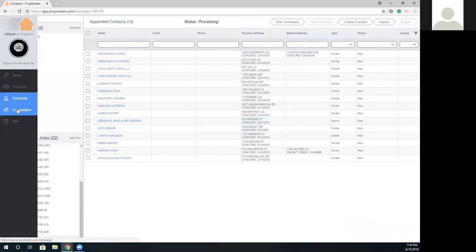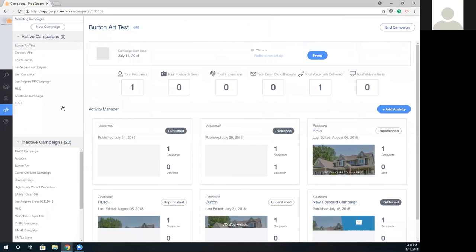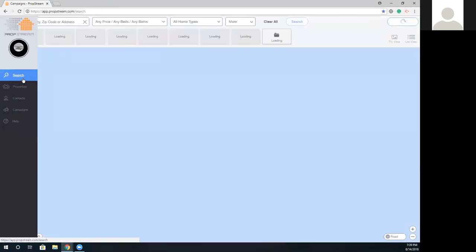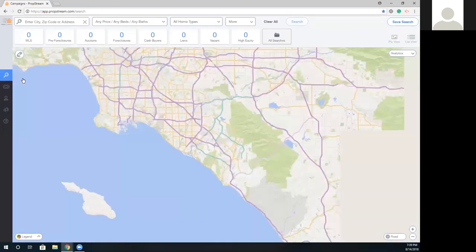And then the last section is our campaign section. So this is where you take your results and the contact information you've collected from them and directly market to them. So again, I know most investors out there already have their outside websites, but for those that are starting, and you don't have any memberships with a marketing element, we're going to be able to take care of that for you guys. And that's pretty much it right there for you guys.